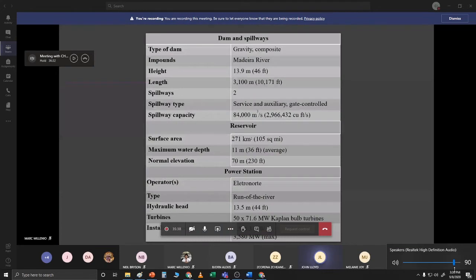Okay. Sige, tuloy. So, ang type of dam ay gravity dam na 13.9 meters ang height at length na 3,100 meters. Meron siyang dalawang spillway na gate controlled na may capacity of 84,000. Ang reservoir ay